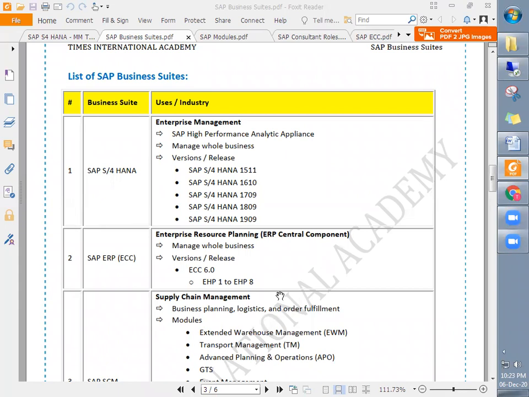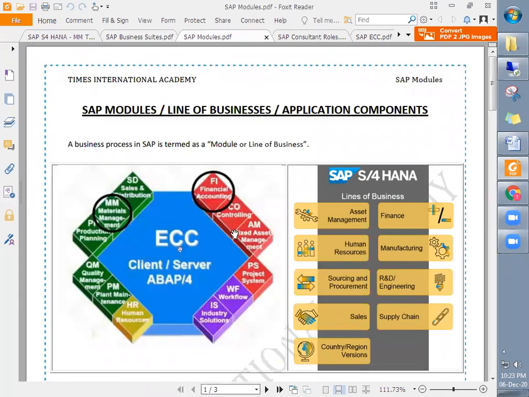In ECC it is called modules, but in SAP S4HANA it is called line of business. So there is a change in terminology. Modules and lines of business are the same; this is only the new terminology used in SAP S4HANA.